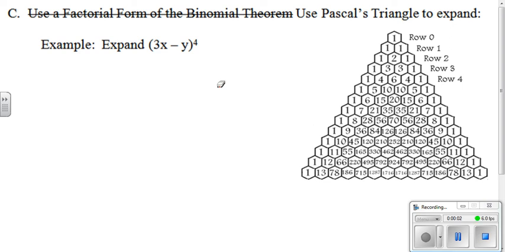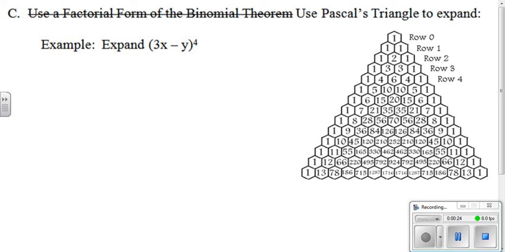Continuing on with our 11.7 lesson, we're going to be looking at how to expand binomials with irregular terms. And by that I mean like this term here, it's 3x. It's not just x, it's not just 3, it's a 3x. So it's going to be a little bit of an irregular term for us. But we still go about solving it or expanding it the same way we would before,